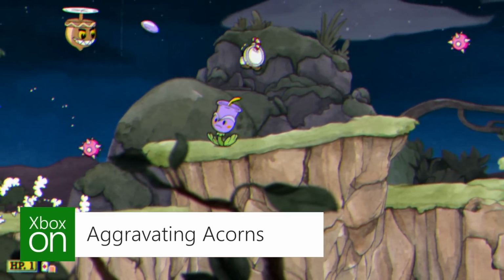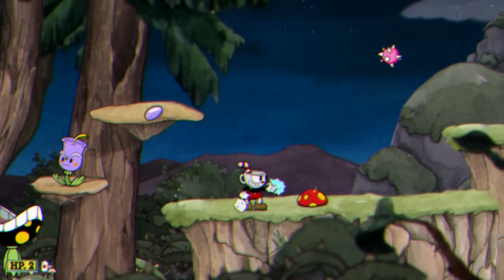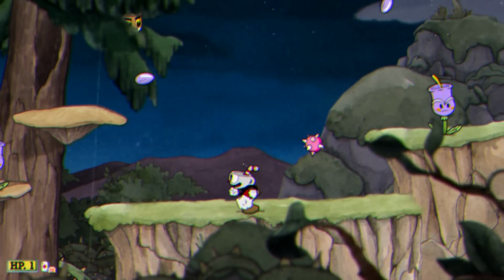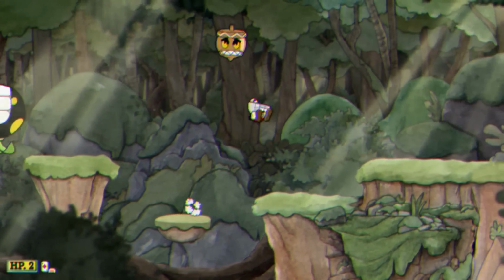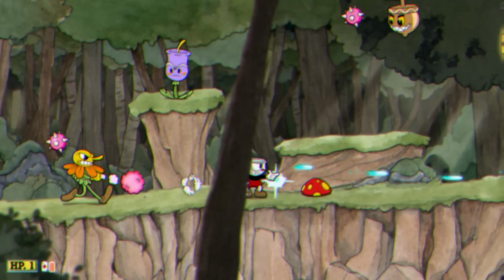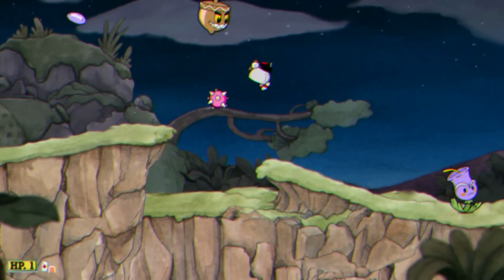Thirdly and finally, we have the Acorns. Bloomin' Acorns. They're slightly different to the previous two in that they not only move horizontally, but they also go straight for you. Travelling across the top of the screen, they'll stop as soon as you're underneath them and just drop. So you'll have to get the hell out of the way, which on my playthrough usually meant, yes, you've guessed it,